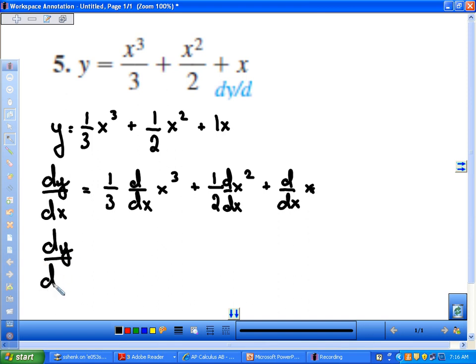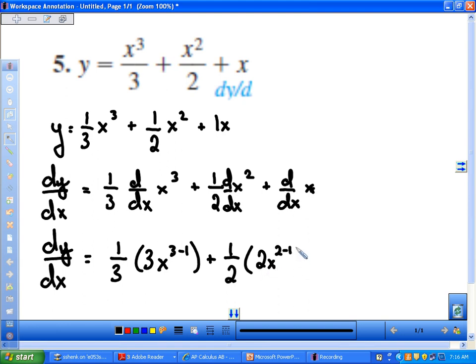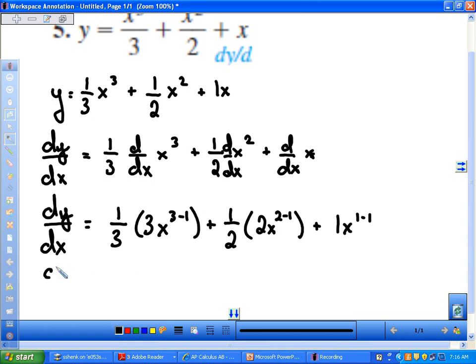So running through now our power rule, we would get 1/3 times, what is the derivative of x cubed using our power rule? 3 times x to the 3 minus 1, good, plus 1/2 times, what would the derivative of x squared be? Yep, 2x to the 2 minus 1. Derivative of x, again, that's x to the first, that would just be 1x to the 1 minus 1. And then simplifying this all down, dy dx,